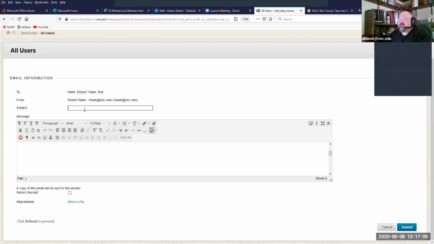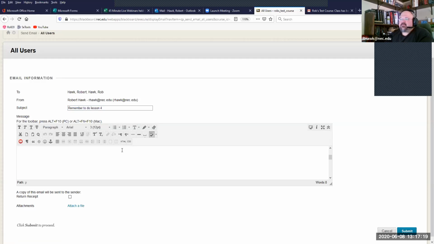And again, I just create a subject, much like I'd be writing a regular email. Put your simple subject line in there, and then you can expand further the message by adding more to the body. Again, using the tools here to edit, to give it a nice appearance. You can bold and create different styles of paragraphs, etc. Once you finish creating your message,